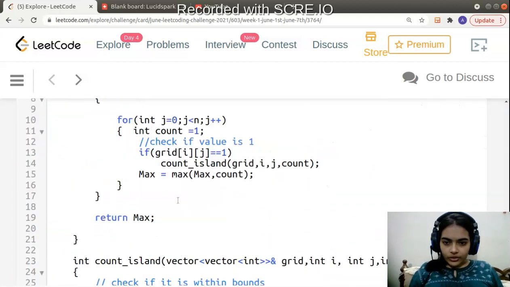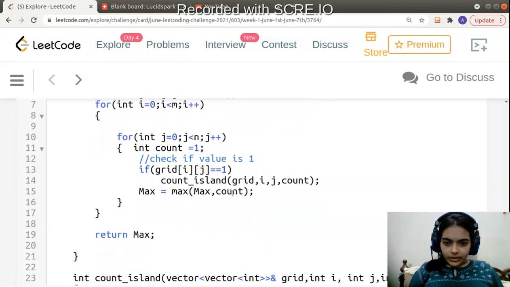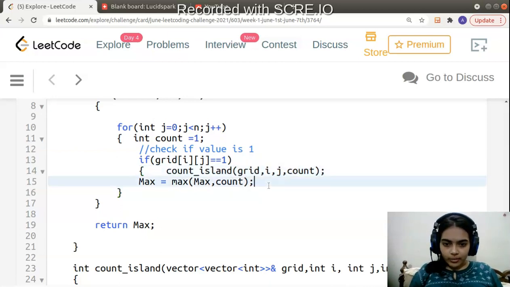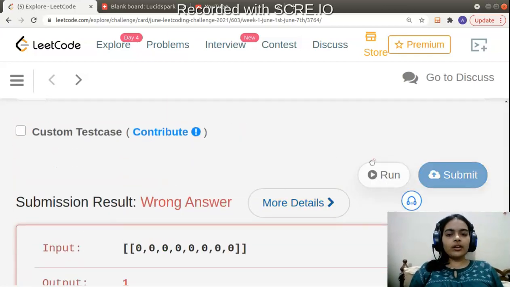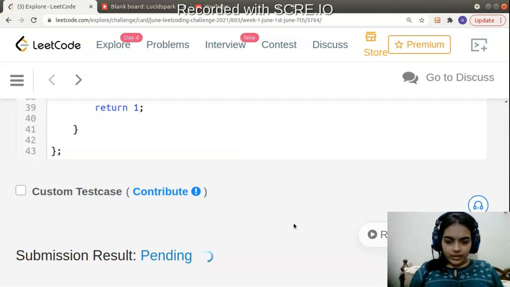So I should actually give this inside brackets, that is causing the problem. It's very important that the condition under the if should be inside brackets, otherwise your max will increment. That is something I should have taken care of, but I hope it should be fine.